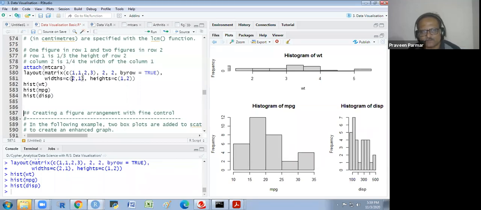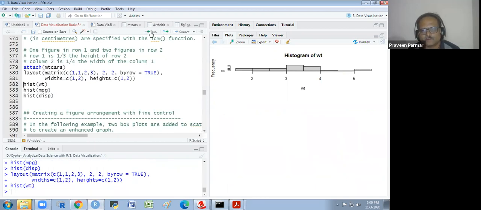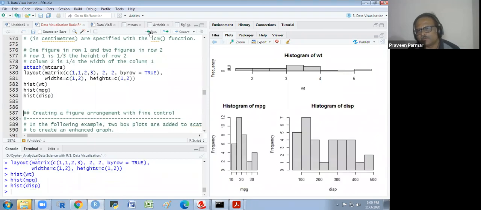Suppose I write here 1 and here I write 2, see what happens. The width of this would be double of this. Now, got it?